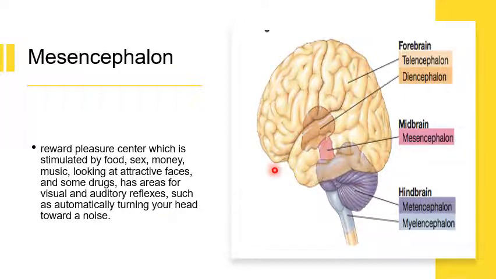But it's also good to take into consideration that it's really wrong to think that one part of the brain has exclusively one function. For example, looking at attractive faces is not exclusively in the midbrain. The brain is a very complicated structure, and despite modern advances in the study, there are still lots to discover inside the human brain. So do not think of the human brain as separate functional units, like emotion being in one specific part and reflexes in another specific part. You don't think that way,